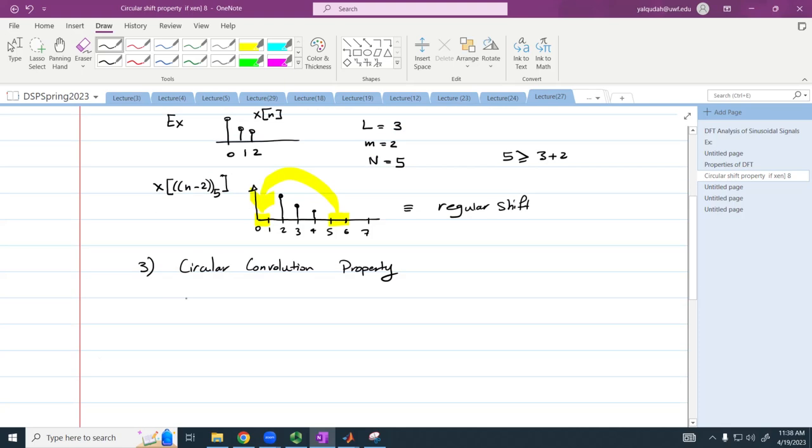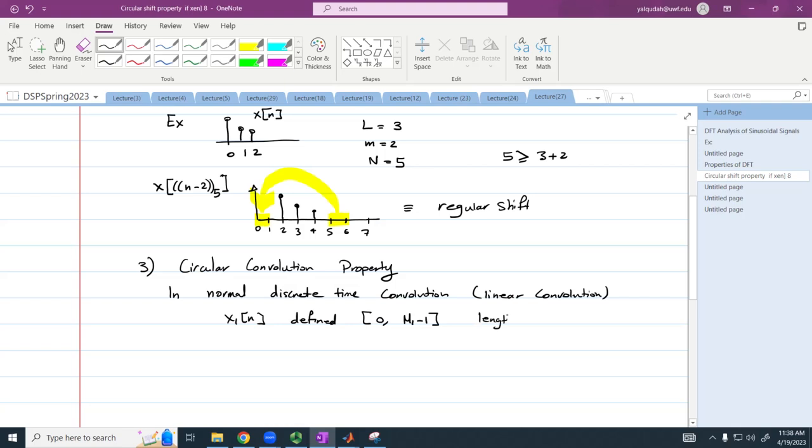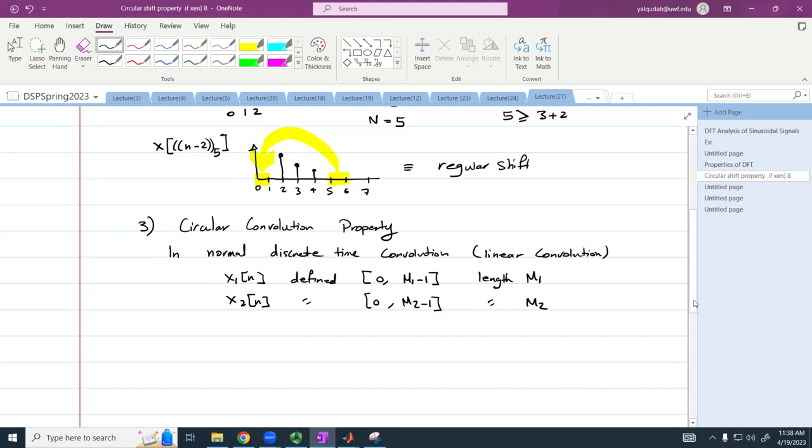So in the normal discrete time convolution, which is the linear convolution, if I have x1 of n defined between 0 and M1 minus 1, and therefore it has a length of M1, and I have another signal x2 of n defined between 0 and M2 minus 1, and it has a length of M2,